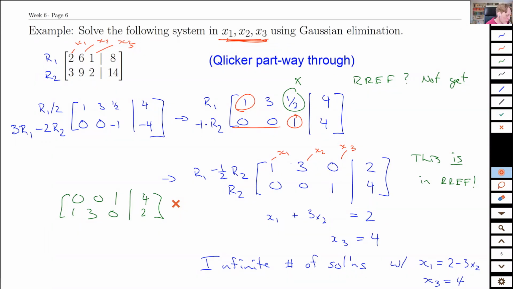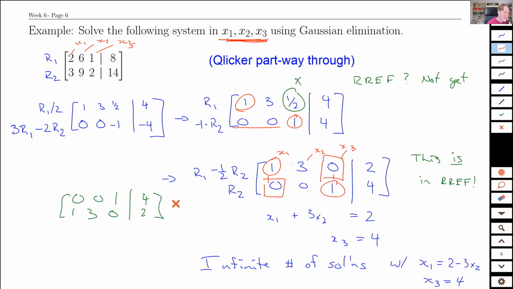Yeah, three questions. So why is there allowed to be a 3? The only condition for the 1s and 0s is for the leading value in a row. So you come across this row here. The first thing you hit that's not a 0 is a 1. Perfect. The next thing you hit, it's 0, 0, 0, and then it's a 1. So the first thing you hit from left to right is a 1. So check, check. The only other thing is that the rest of the column where that 1 is has to